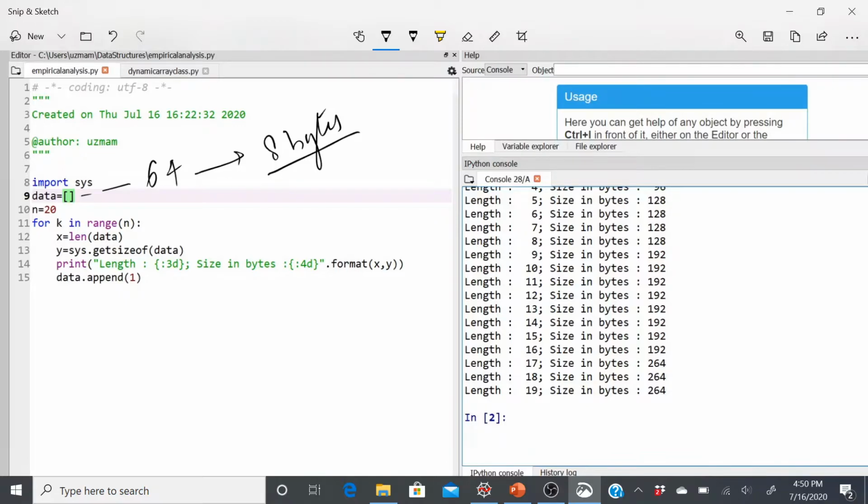Now, when the 17th element gets added, right, so there are 17 elements in my list, notice what happens to the memory. The memory jumps from 192 to 264. If you do a little bit of math around it, that means 200 plus the base 64 bits that already existed when the size was 0, right? And this 200 is basically 25 times 8 bytes, which means this is enough memory to store 25 more element references. So just when the size of my list was 17, it had enough capacity for 25 elements.